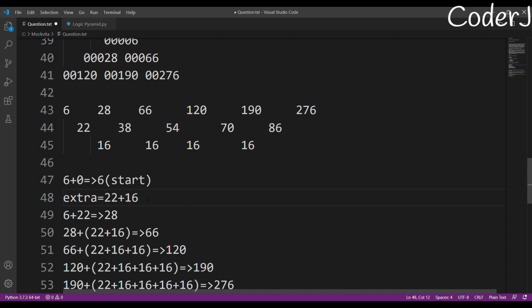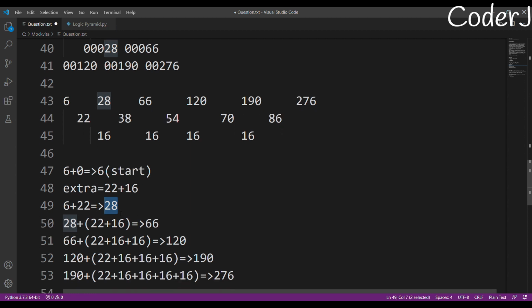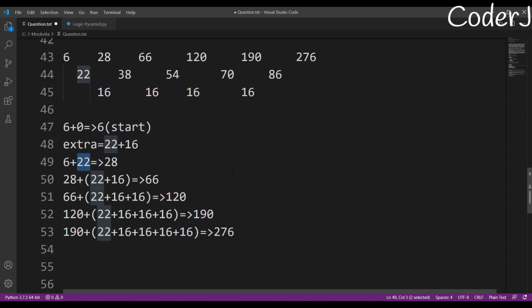And that's how this pattern will be created. Suppose my initial value was 6, right? So firstly, I'll add 6 plus 22, I'll get 28. And after that, at start I'll add 22, and after that I'll sequentially keep on adding 16, 16, 16. So after that I'll add 28 plus 22 plus 16. So after I'll get this. I'll basically increase the value of 22 with 16 every time I iterate through the loop. Okay, and I'll have my pattern with this.